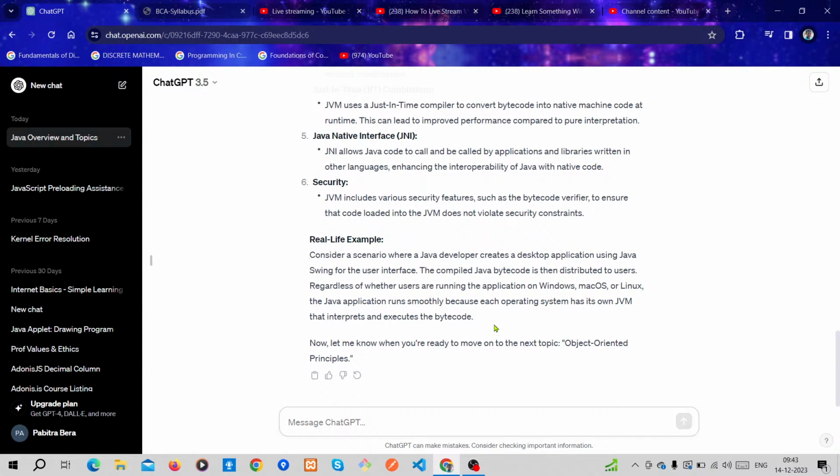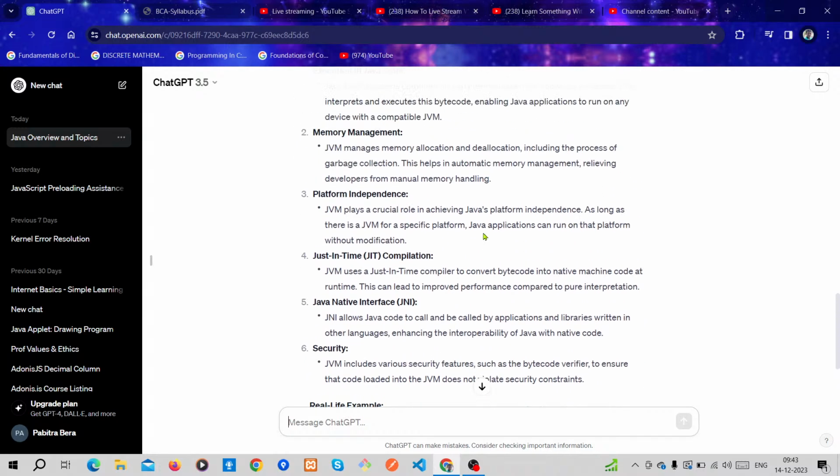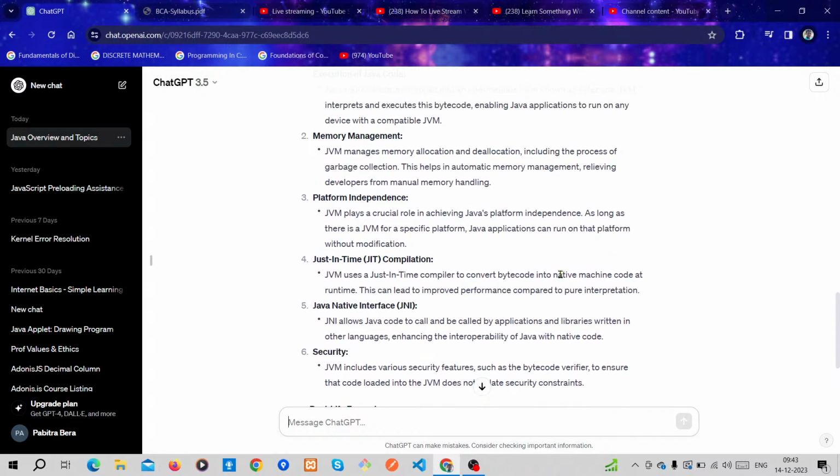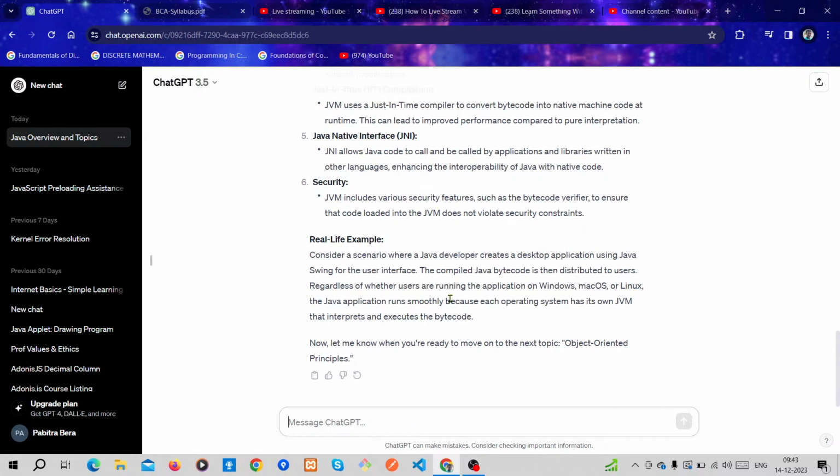The JVM compiles the bytecode into native machine code, which we will discuss in JIT, the Java just-in-time compiler.